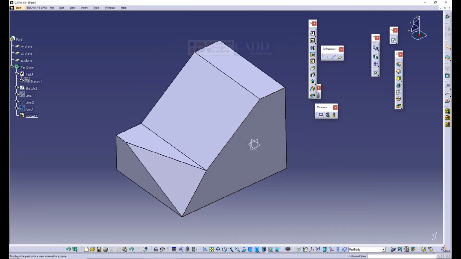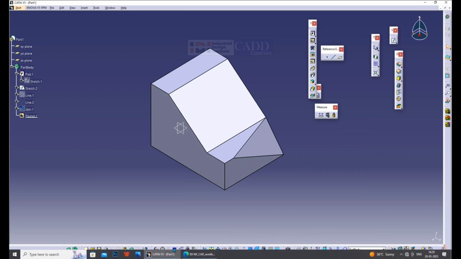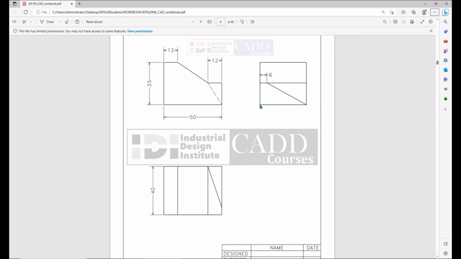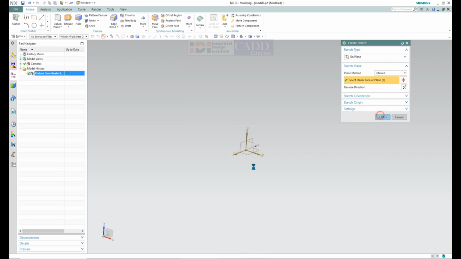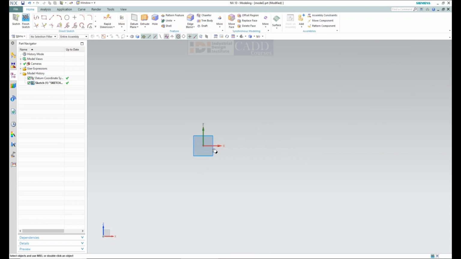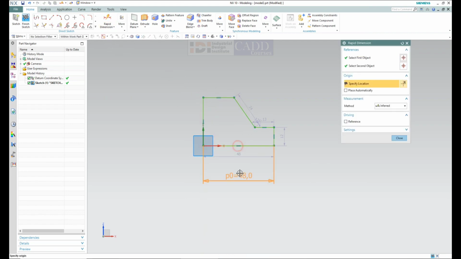Right. So let's check the difference. Let me show you the same model using software called NX. Okay, so in this workbench I select a plane. Yeah, I create a profile. So this is how the profile looks. Now I give a dimension of